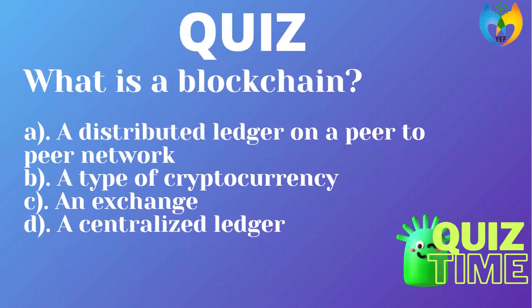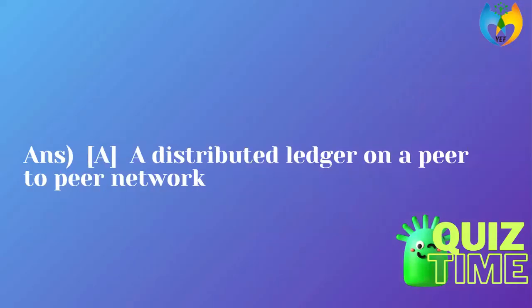So I'm getting most of the answers as A. So can we look at the answer, please? So the right option is A, as you all chose, a distributed ledger on a peer-to-peer network. And the second question for you is,